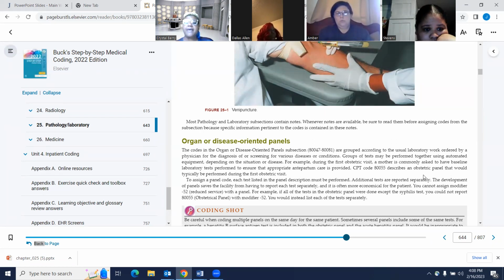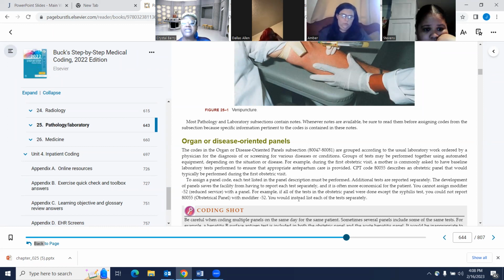80055 describes an obstetric panel that would typically be performed during the first obstetric visit. So this code is mostly only going to be performed during that first visit. To assign a panel code, each test listed in the panel description must be performed. Additional tests are reported separately. The development of panels saves the facility from having to report each test separately, and is often more economical for